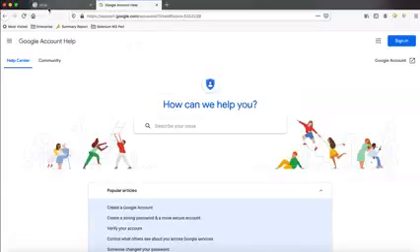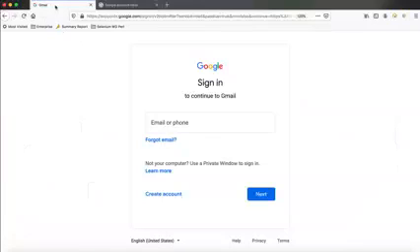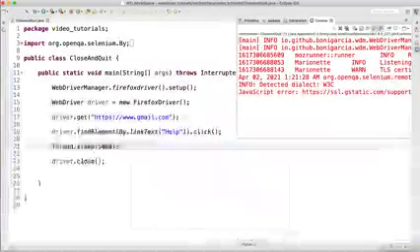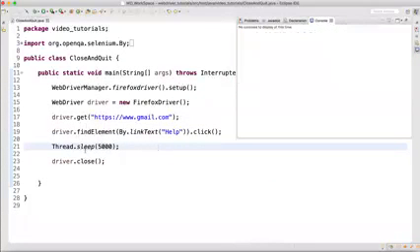In our test script, the driver will not point to the help window. It will always be pointing to the default or parent window. So that is the second explanation of the close method.